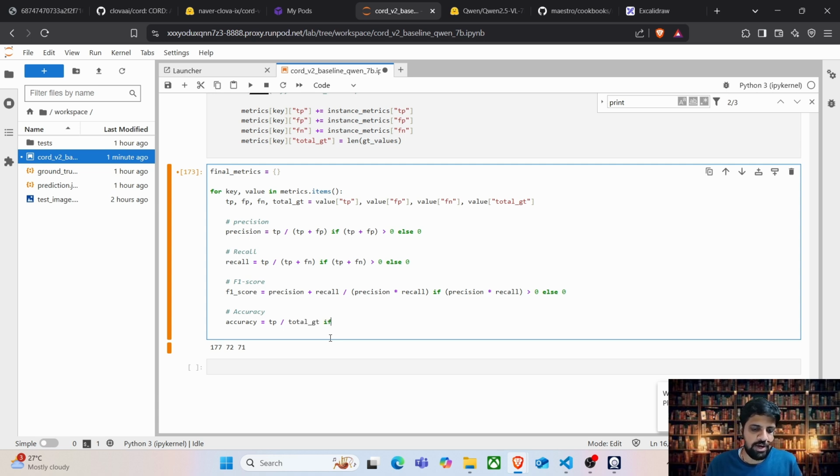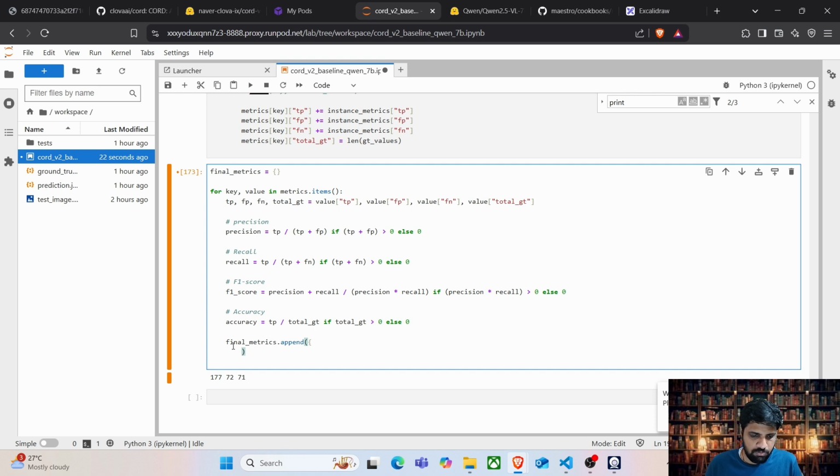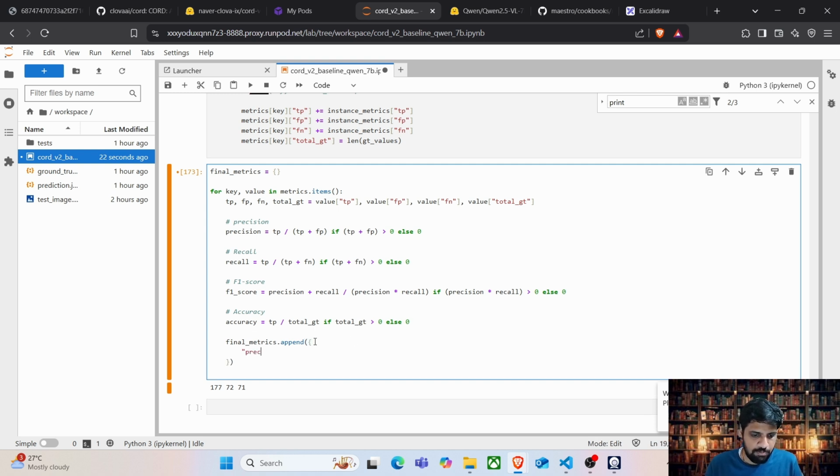Again, we need to make sure that if total GT is greater than 0, else 0, right? Now what we can do, for every single key, is final matrix dot append, right? Let's do this, where we'll have precision,